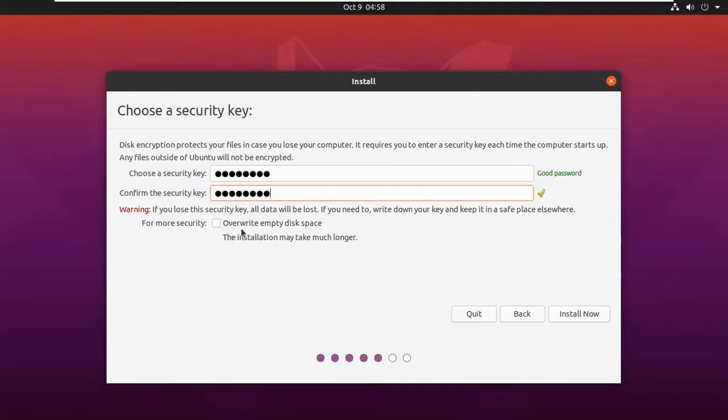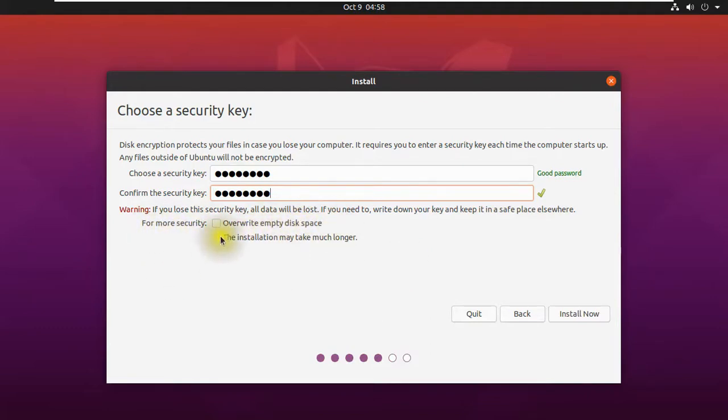So there is no use if he steals this computer and doesn't know the key. That is security. And this is a warning: if you lose this key, all data will be lost. So you should remember this key. You should not lose this key. You should write down the key and keep it in a safe place, yes, you should make a note of this key. And for more security, there is overwrite empty disk space.